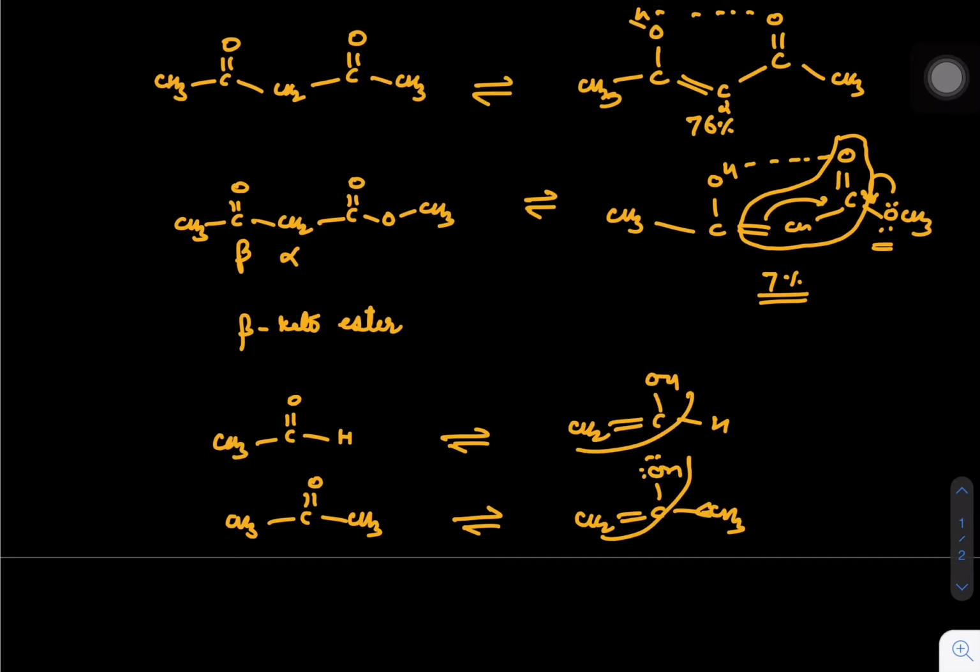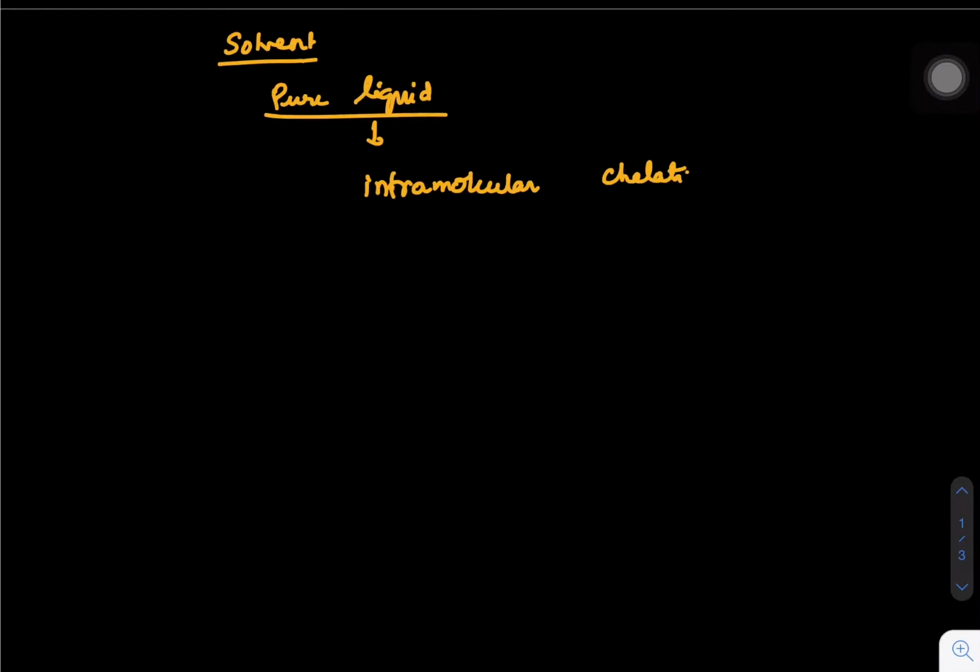So understanding all these things, the important role comes up as enol content in different solvents, right? So if pure forms are given, pure liquid is given, in pure liquid you can talk about intramolecular hydrogen bonding or intramolecular interaction, which we call chelation. But if we give some other compound outside, let's say we give some ethanol or something, what happens? They will start interacting with the compound, and once they start interacting with the compound, the values will start differing.